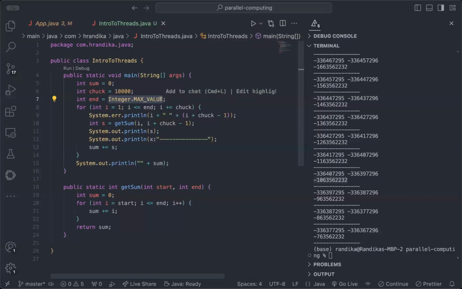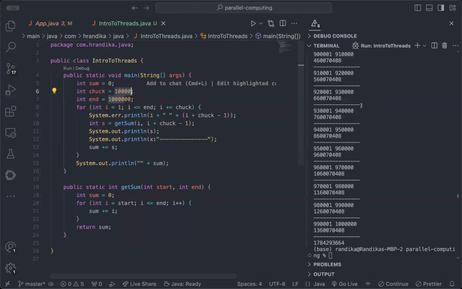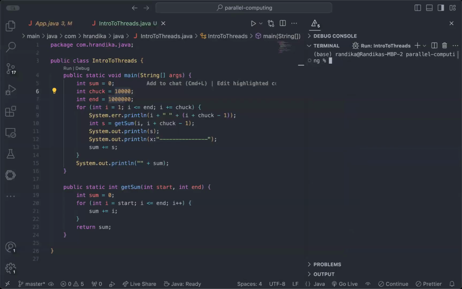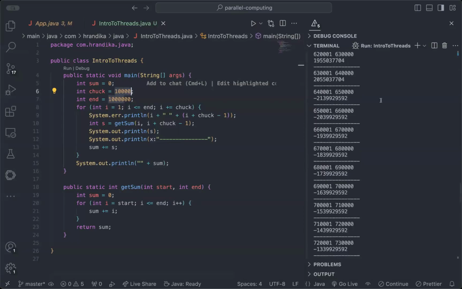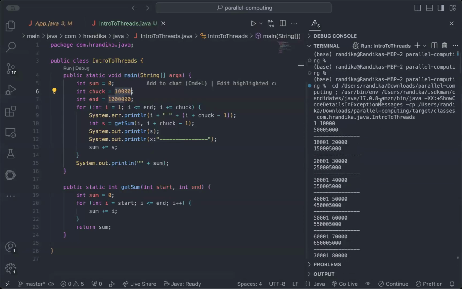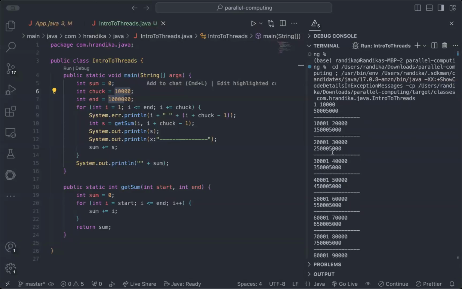So I'm gonna go with something like 100, 10,000, 100, 1 million, that's kind of thing. So we don't have to burst my CPU. Okay, so you guys can see if we have, let me clear it out, run it once again, and there you go. So if we have like a little amount of numbers, then we can get the summation as we go on,